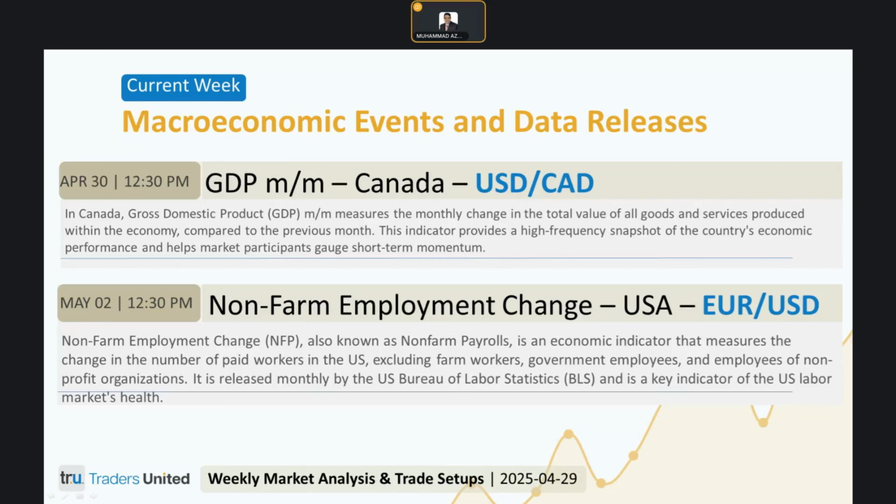the market is expecting 129K and we get a figure higher than that, a stronger reading would signal ongoing labor market strength and may boost the US dollar, potentially pushing Euro USD lower as traders price in a more hawkish Fed outlook. Now, if the non-farm payroll data report matches the expectations and we get the 129K number,